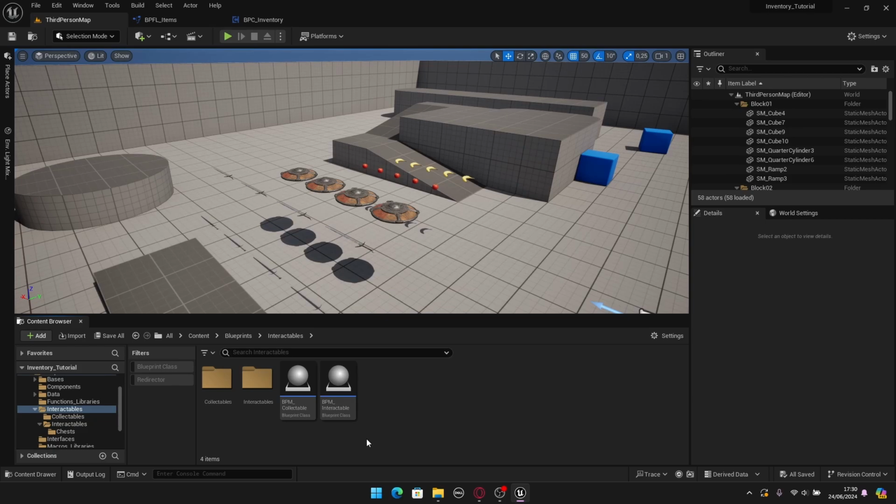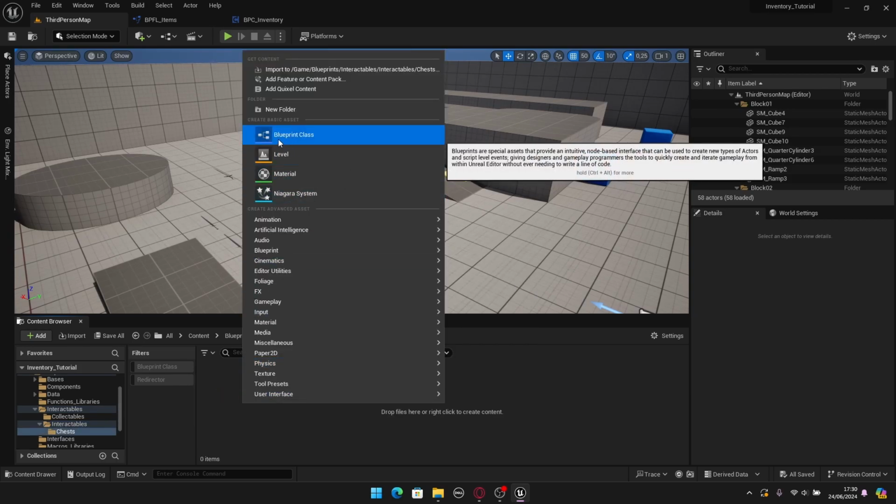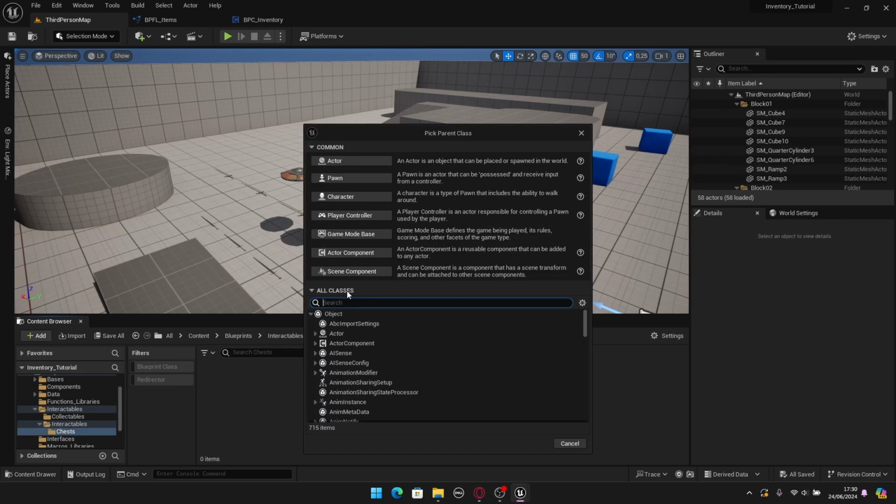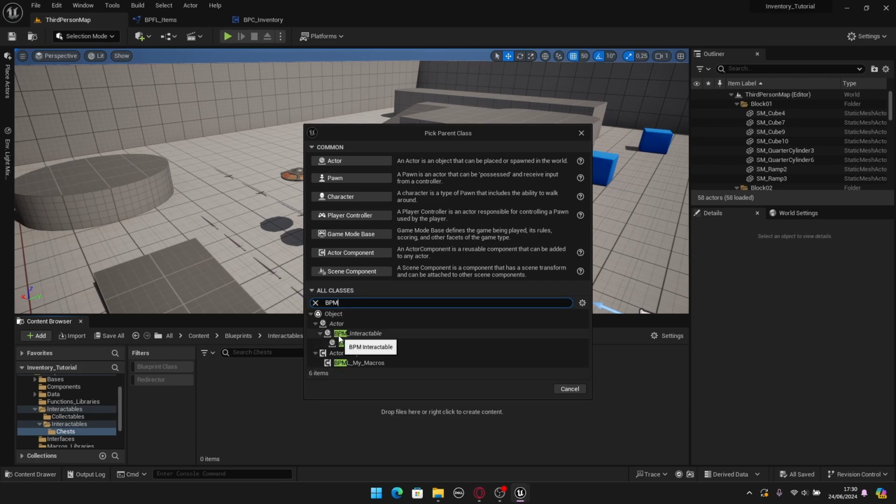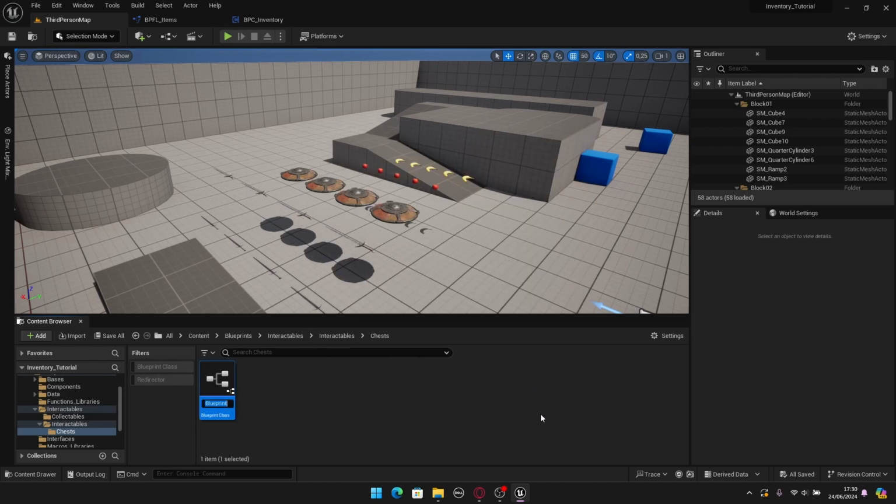So we need to create the chest as a child of this class here. So again, let's open these folders here, chests, and here let's go to blueprint class, and here in all classes, just search for BPM and select the BPM interactable class. Let's select this and click on select, and I will name this BP